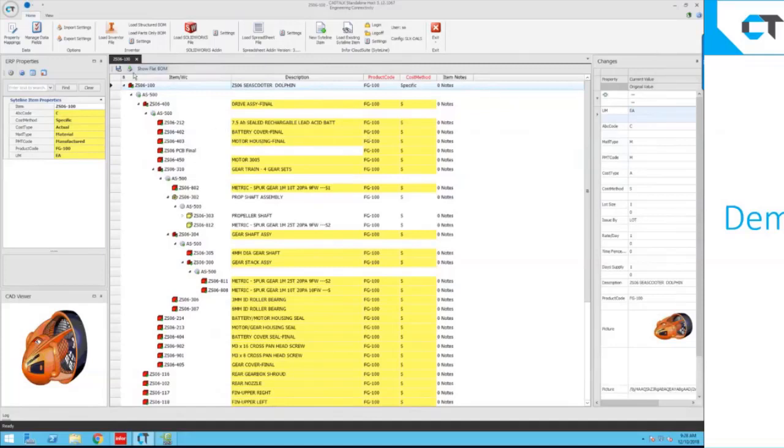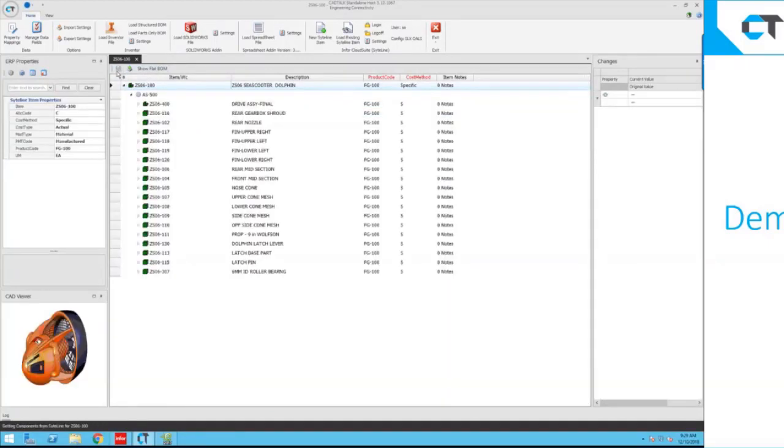Same as before. Once I'm done with everything, all I've got to do is hit save, and it will create every single item that it needs to create, as well as all the different levels of the bill of material, all at the same time. Think about this: if you had to do this by hand, it could take you several hours to enter all of the data for each item, and then enter each level of the bill of material and its routing steps. We're going to do all of that in one fell swoop. And just that quickly, that entire assembly has been saved over in CSI.